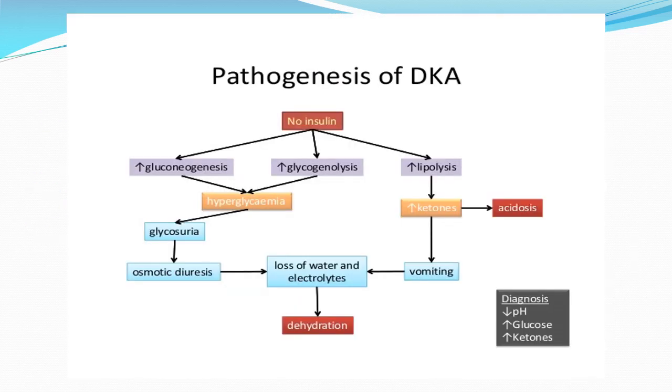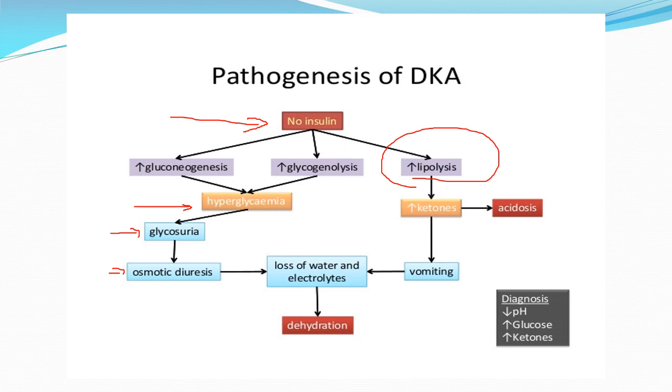Now, I intentionally put this diagram for you in order to remember the pathogenesis of diabetic ketoacidosis, the most drastic metabolic decompensation of type 1 diabetes. Remember, diabetic ketoacidosis is a complication of type 1 diabetes in which there is entire absence of insulin, and this will result in enhanced gluconeogenesis and enhanced glycogenolysis, resulting in hyperglycemia, and hyperglycemia will lead to glycosuria and osmotic diuresis and dehydration. Most important, the complete absence of insulin will enhance lipolysis, and a horrendous amount of fatty